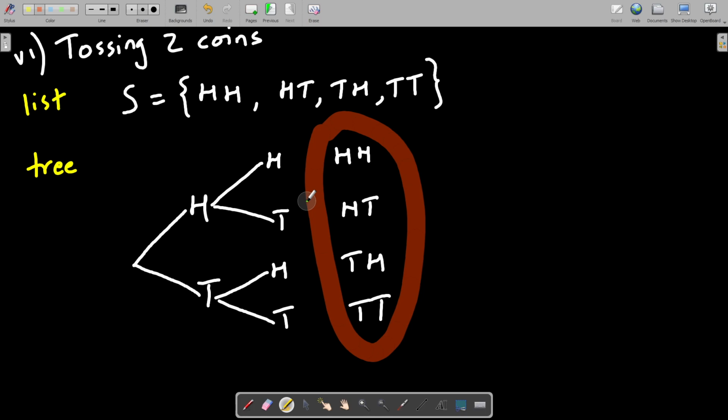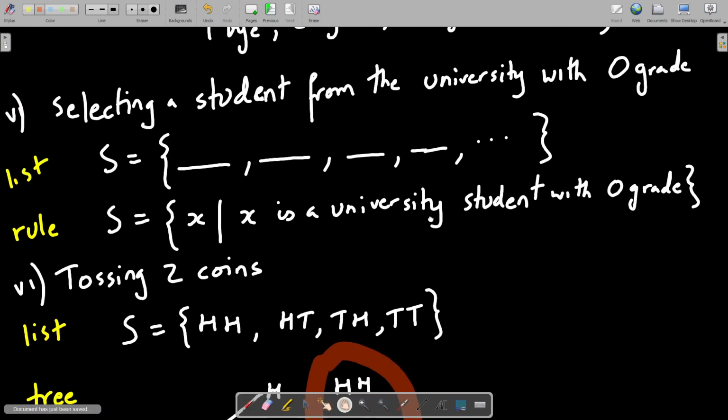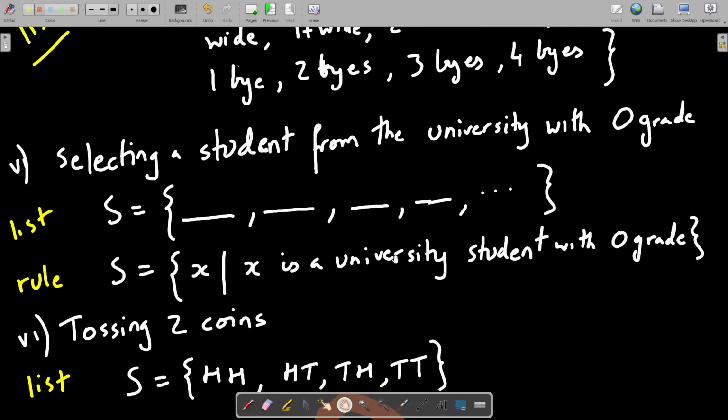So depending on what kind of problems you are solving, we'll use it accordingly. In some problems it's easier to understand using a tree, sometimes it's easier using a list. Why did I use the rule method over here, by the way? It's a large set, and you don't know the names of each and every element. So the safe option is to go for a rule. Especially if your set is infinite and very large, and we don't know each and every element, it's better you go for the rule method. So you just state the condition and you give it.